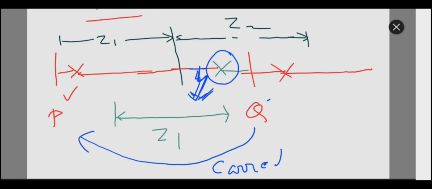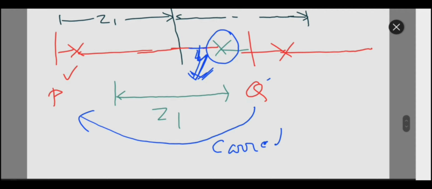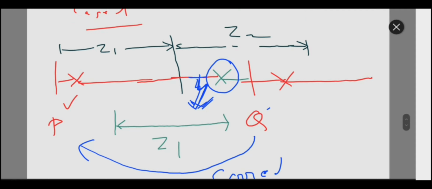So the receiving side breaker will trip immediately, and the receiving side relay will give a carrier signal to the sending end relay from the OPGW network. When the sending end relay receives the carrier signal from the receiving end relay, it will not wait for zone 2 time but will trip immediately.